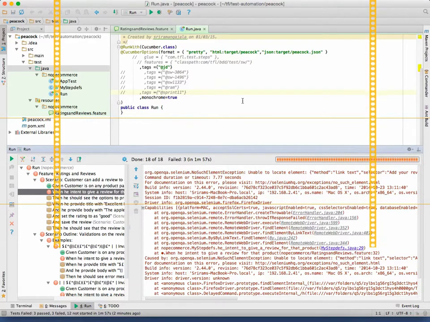Now from here, the developer will take care of it because the locators are there. First, he will implement the second line by putting that link in the UI. He'll run it. That will work, but the next step will fail. Again he will go and put in the text box. The third step will fail. Put in one more text box. The next step will fail. He'll put a radio button. The fifth step will fail. Click on save button. He'll put a save button. Then nothing will happen, and the next step will fail. He'll put a success message. Excellent. One scenario will pass.